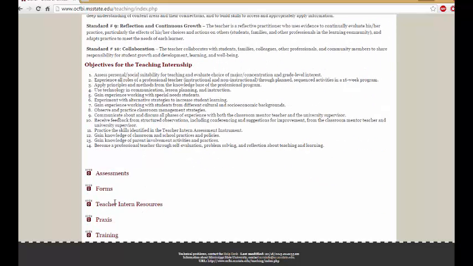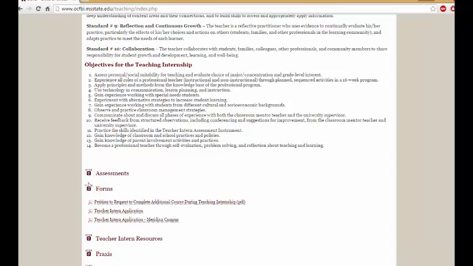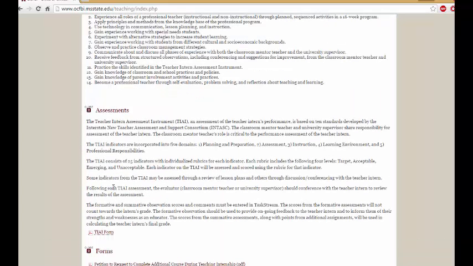But we want to definitely look at these forms and assessments, and this assessment is the Teacher Intern Assessment Instrument, also known as the TIAI. Now I want to give you a little bit of back history of the TIAI. You'll notice first off that anything in Mississippi likes acronyms. So we have a lot of them, like OCFBI, TIAI, STAI. We have a lot of abbreviations that we use, so you just have to kind of embrace them and learn them as you go.